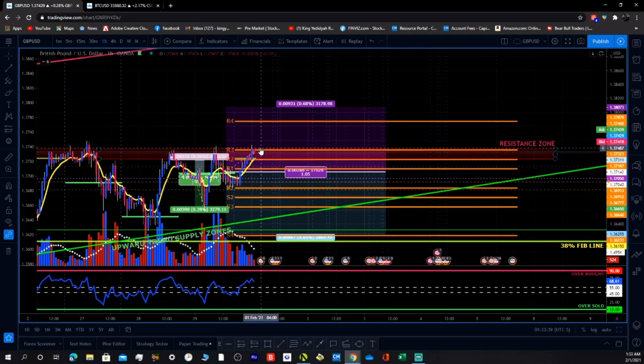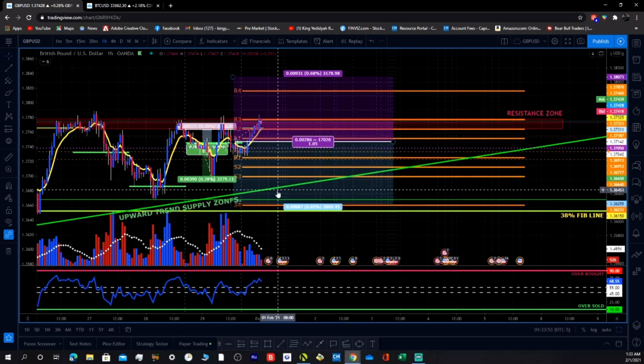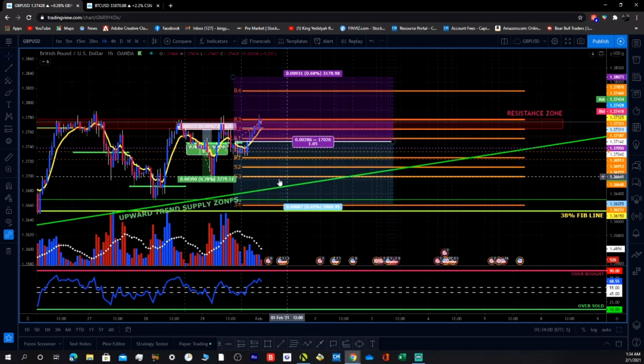Now, if it rejects this area and pulls back down, I'm going to take the little loss, like around here. If I see it breaks this level, I'm not gonna close it out. I'm going to wait to see if it really comes back to this area here. Now, if it comes back to this area here, this is the plan. I'm going to enter in a large position right here. Or if you retest this low, or even make a higher low like around here, or even around this area,